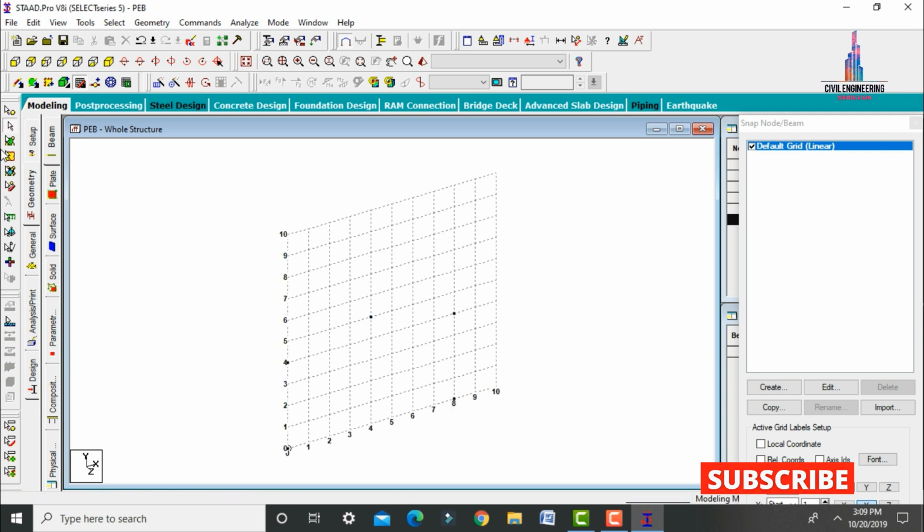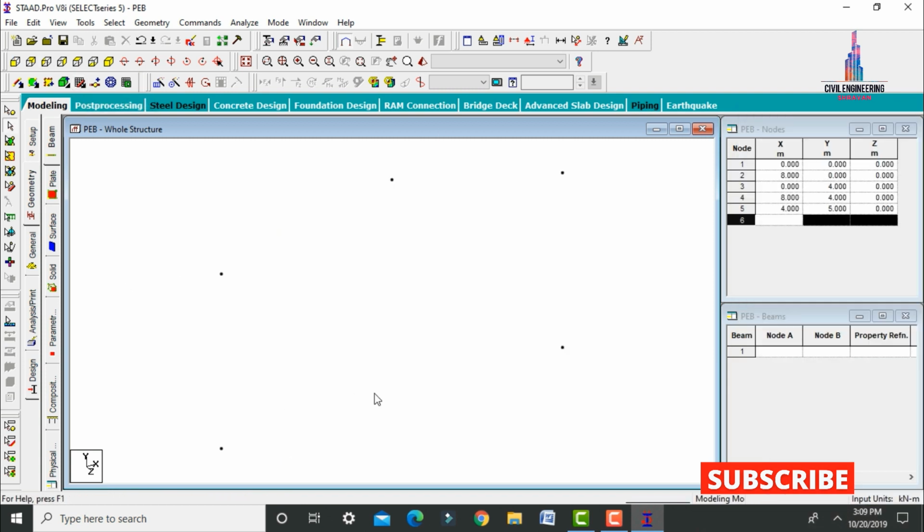Now I am joining these node points with the help of beam sections. Select the add beam command, select the first point, second point. Now again I am selecting one more node point here and second node point, and one more node point here like this. Again we have to connect in the vertical direction. After that we have to create the beam sections and column sections like this in the Z direction.